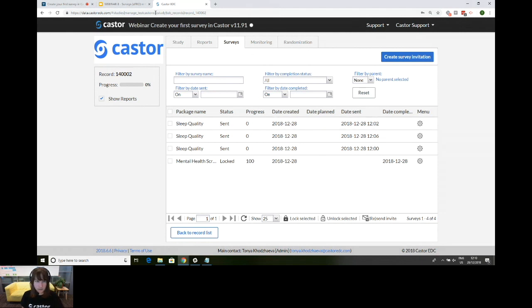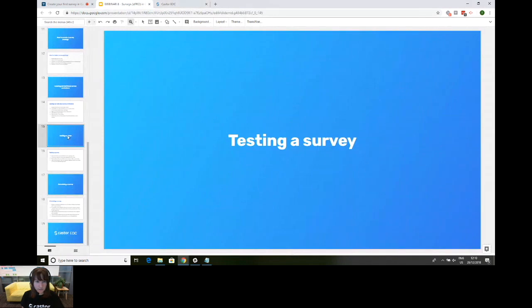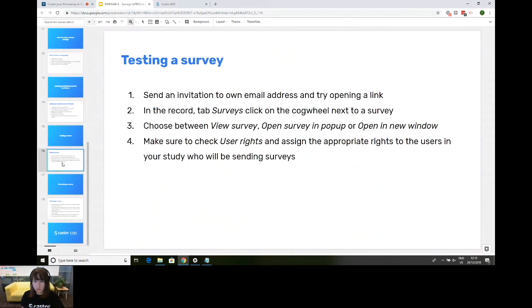Okay, let me quickly recap the steps on how to test the survey. The easiest option is just to send an invitation to your own email address and try opening the survey link that you will get, and make sure you do it to be sure that the email is displayed correctly